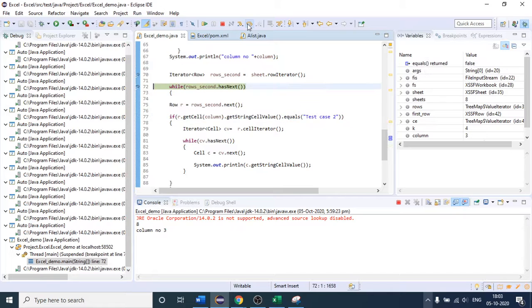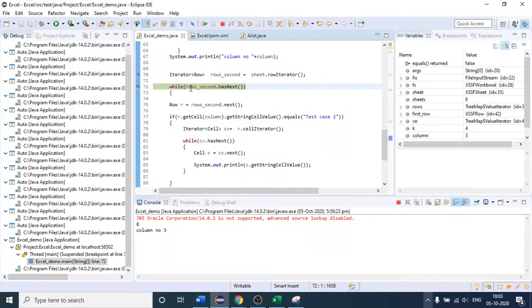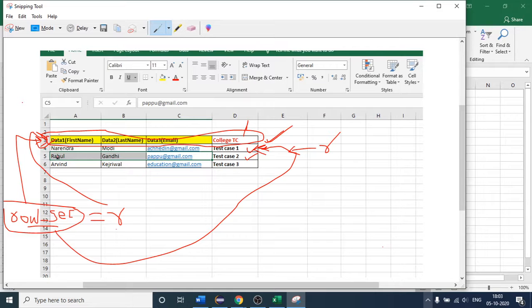So again you will see that the if condition is not executed, but when you execute for the third time, the condition will again be checked. So this time I am saying rows dot next again. For the third time I am checking this dot has next. It will simply check whether the next row is present. So you can say yes, the next row is present, right? Which is this one.